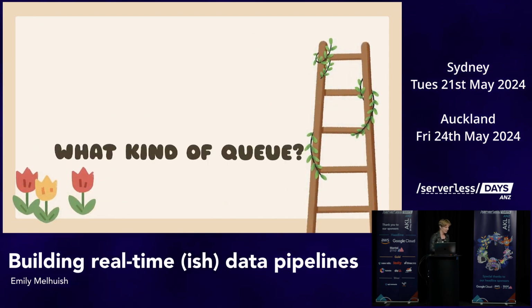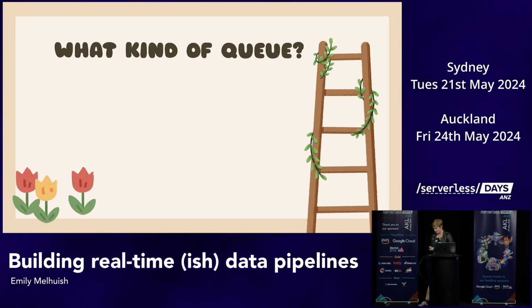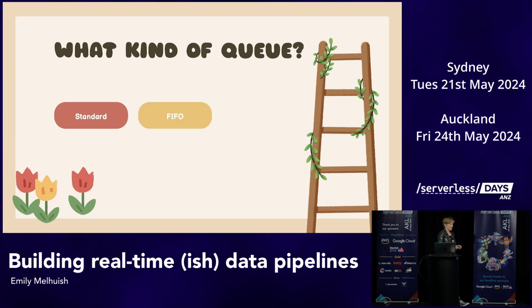Now with SQS, it's important to think about what kind of queue you want. So I had to research all of the documentation about what the differences are. We've got the standard queue, again pretty standard. Events come in, it's at-least-once processing, so there may be duplicates. Order is not guaranteed. You also have to handle batching and how many Lambdas you spin up, etc. Secondly, there's a FIFO, so first in, first out queue.